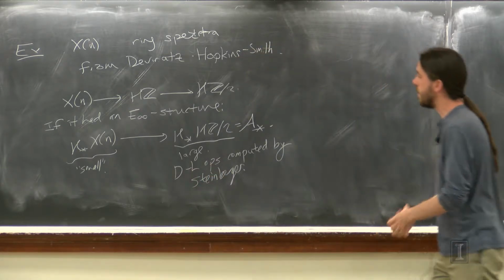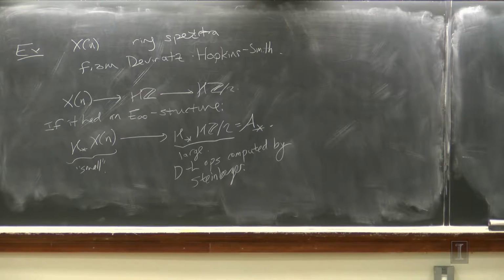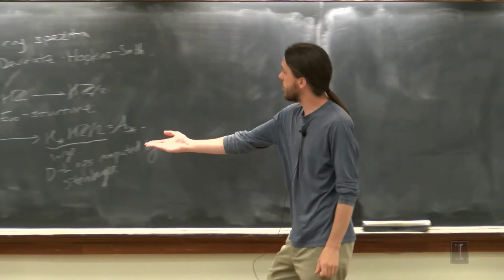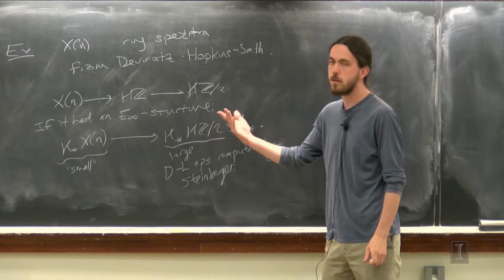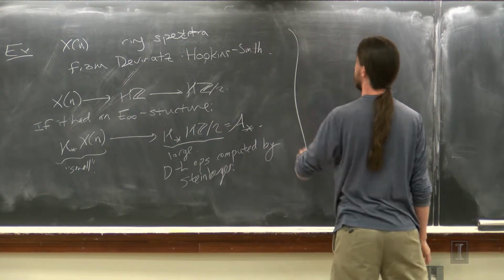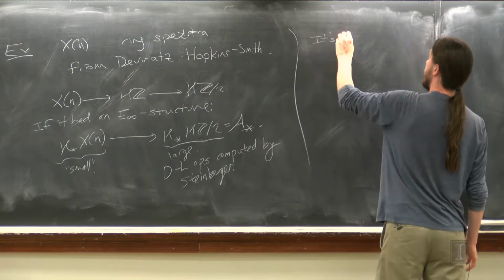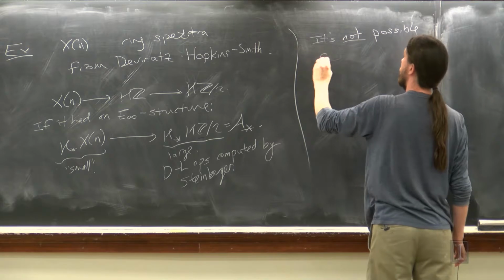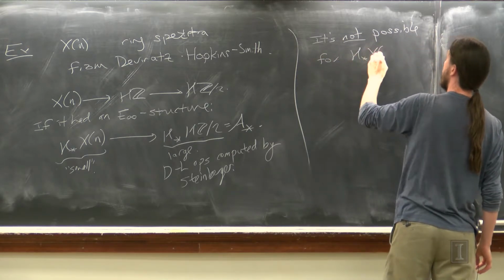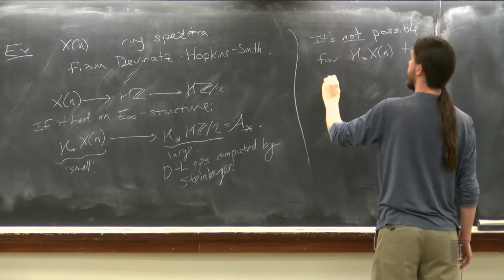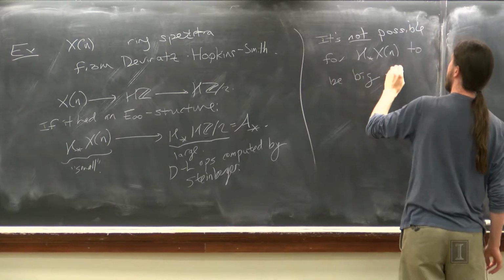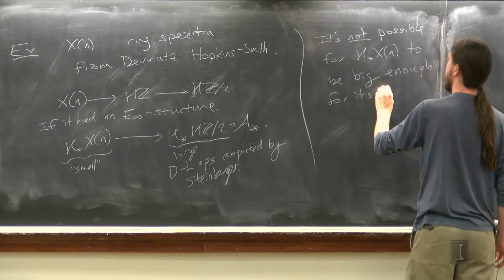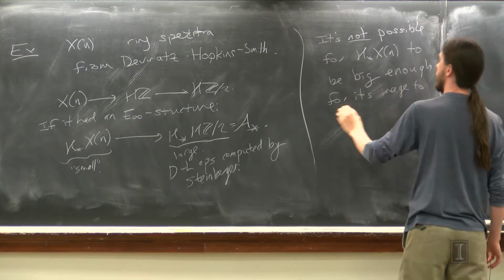And in a sense, the Dyer-Lashof operations act in a very big way on this algebra. It's actually very, very hard to have subalgebras that sit inside here that are closed under the Dyer-Lashof operations. So it's not possible for the homology of xn to be big enough for its image to be closed